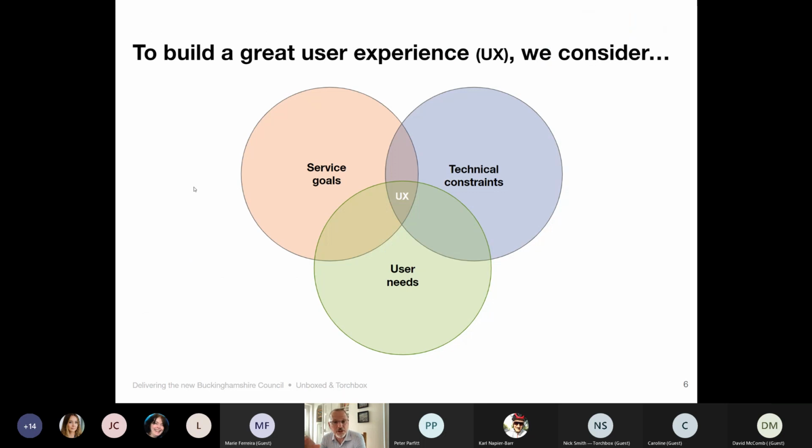So there are several components to this. So I've already mentioned user needs, very much focused on what our users are trying to achieve, but we also appreciate that the services have got their own goals, and we have some technical constraints. We've got some legacy back office systems that have got some limitations that we need to work around. But where all this comes together is that bit in the middle, the user experience,